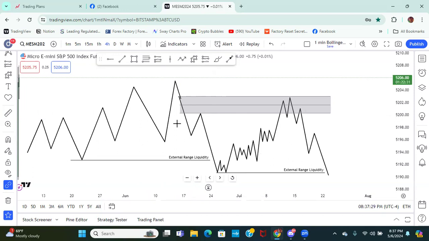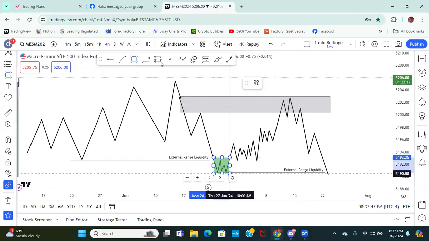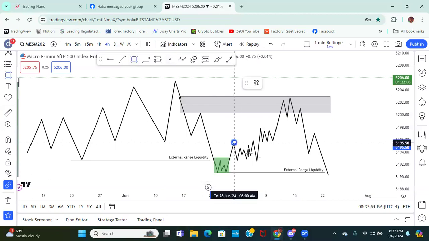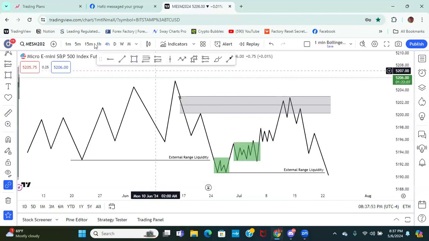My bad. So first you need a fair value gap and it needs to sponsor a break through an external range, right? And then once price gets into your fair value gap, you want to look at this retracement back up into the fair value gap, okay? And you want to see consolidations. You want to look for a market maker buy model. And I see one consolidation there, one consolidation here,